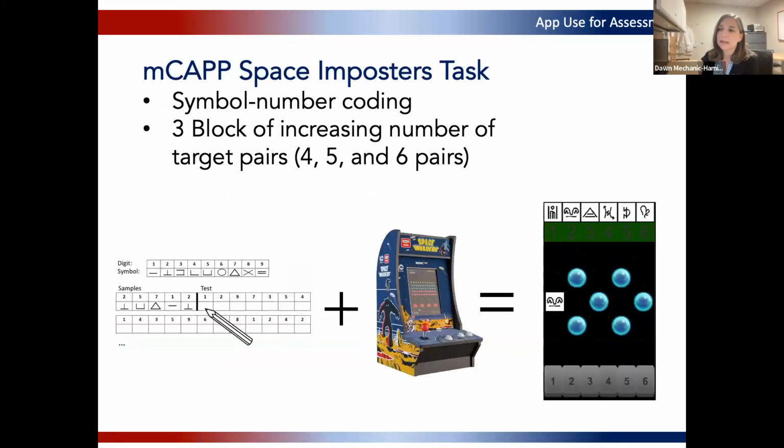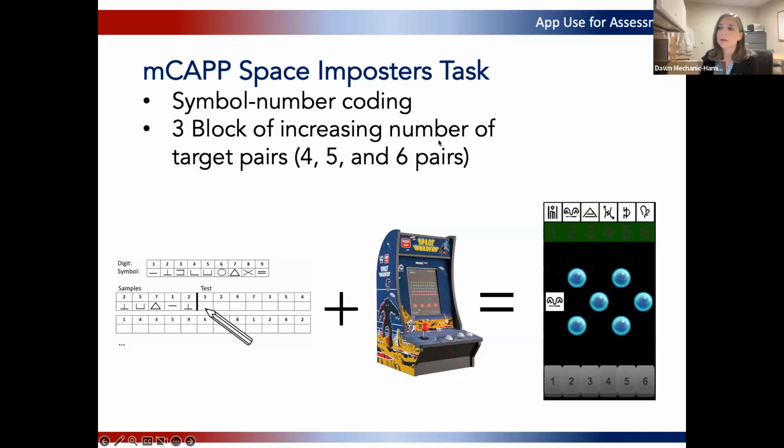And then the third one is, if you can imagine, a combination of a digit symbol type of test combined with Space Invaders. So here you have pairs of symbols and numbers, and one at a time, these sort of burst and pop, and you can see the symbol, and you have to identify the number that goes with it.